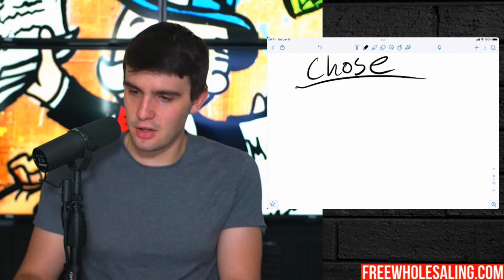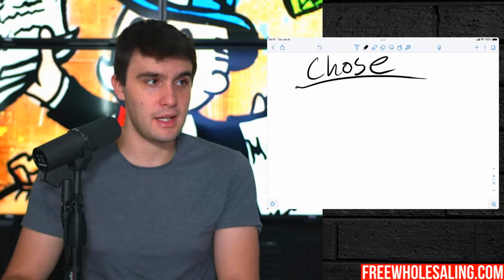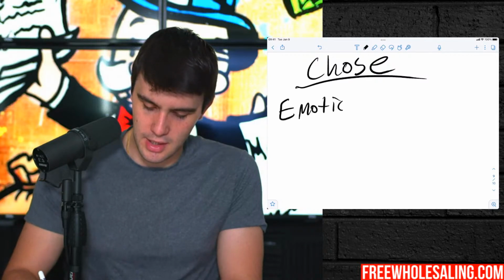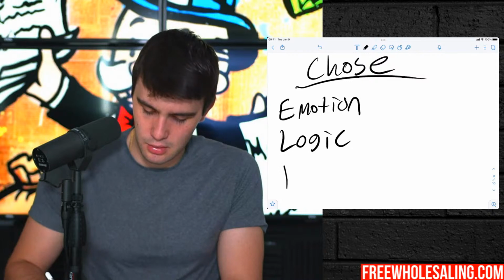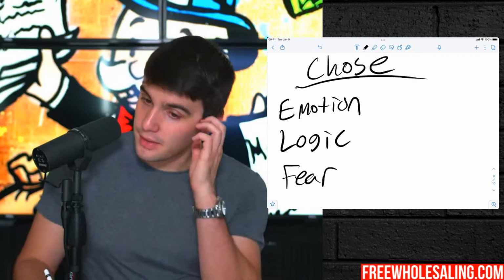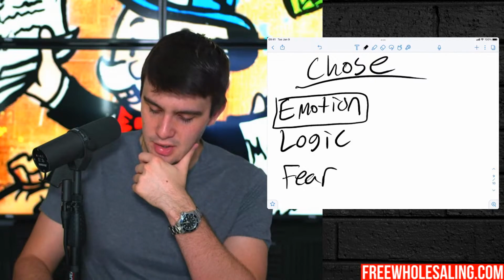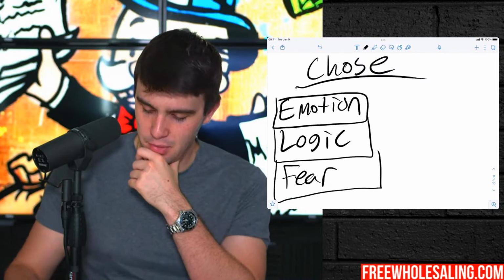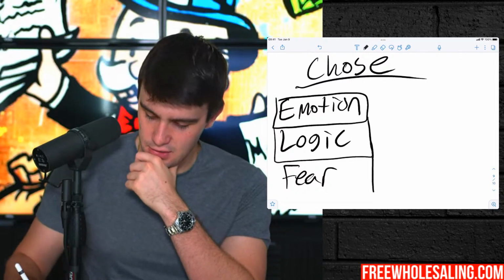To choose to sell the property, it comes to a matrix, okay? So sellers decide to sell on 3 key principles: emotion, logic, or fear. This is how or when a seller decides to sell. They will either decide to sell based on emotion, logic, or fear. Now, I've personally found in wholesaling real estate that, especially with these sellers,